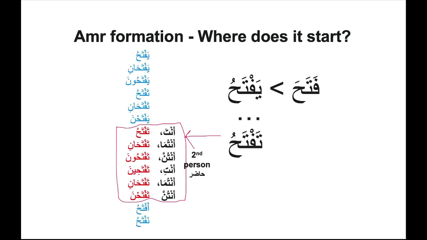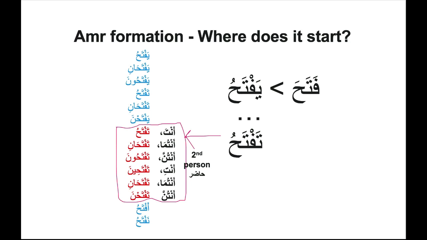The next important thing you need to know is that Amr formation is made on second person hazir verbs, and it starts from mudari', and let me explain what that means. Because we will be making a request or command, it has to be like 'do it.' I'm telling somebody 'do it,' so somebody who is in front of me. Please think about the damir chart. The fataha verb is broken down into 14 conjugations here. Fataha, yaftahu. From yaftahu we are going downward, looking for the second person hazir verbs in order to make Amr formation.